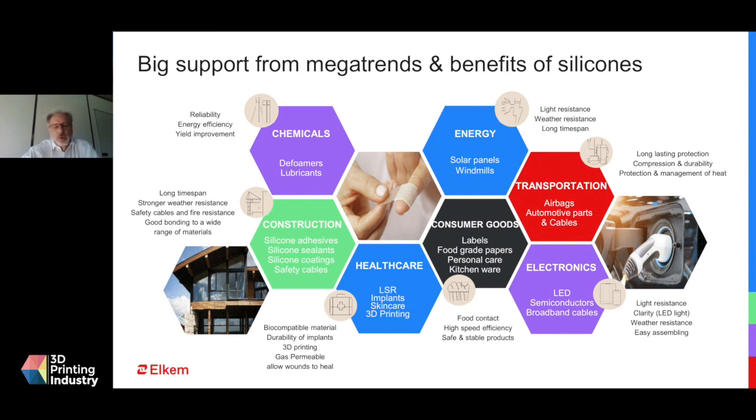Take an example. You take a shower in the morning in your bathroom, and you have joints, seals and profiles made out of silicone for water tightness. You take your shampoo, your makeup, and you have silicone-containing formulations. You drive your car to the office, and you have an airbag with a silicone-coated fabric. When you arrive at the office, maybe you take an elevator to your office floor, and you see the emergency signs. Those emergency signs are linked via safety cables made out of silicones in order to have things right when an incident might occur.